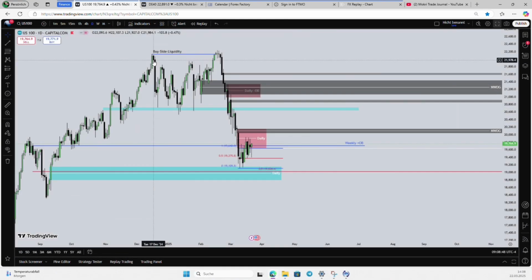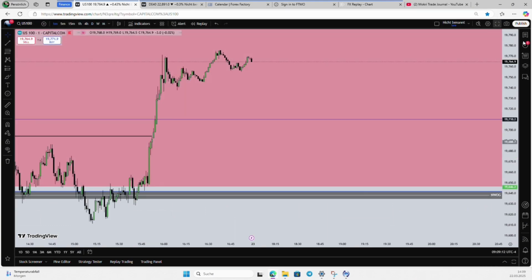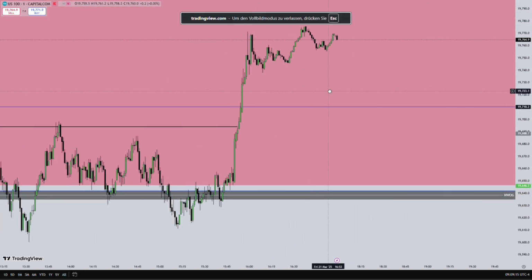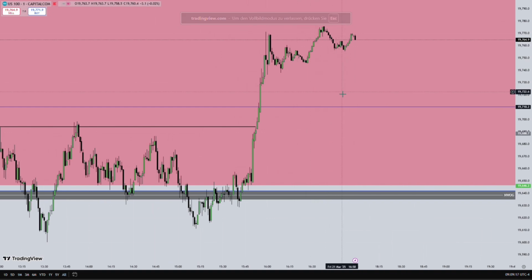So at this point, I have homework for you guys. I know you hate it, but still. Go to your chart and go 1 or 2 weeks back, use the 1 minute chart and the 9:30 a.m. opening range, and mark out the first presented fair value gap. It doesn't matter if it's small or big, just look at how price reacted to it. Mark the first presented fair value gap out and just study how price is trading around it. So I hope you guys enjoyed this lecture, and I'll talk to you next time, be safe.